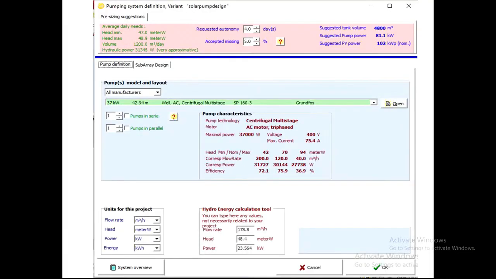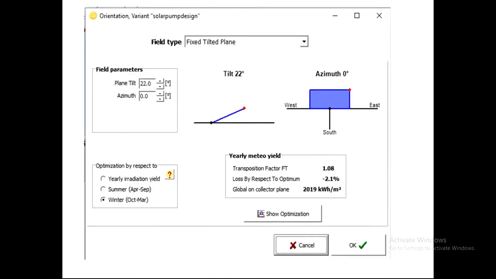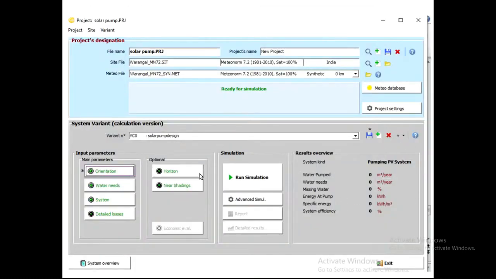When you click on OK and you don't get any message here, finally you will get this window. It says the message ready for simulation. Then click on run simulation. It will give simulation successfully completed. Then see, this is the report. This will be enabled, and you will download the report and you can verify that. So this is the detailed procedure I gave.